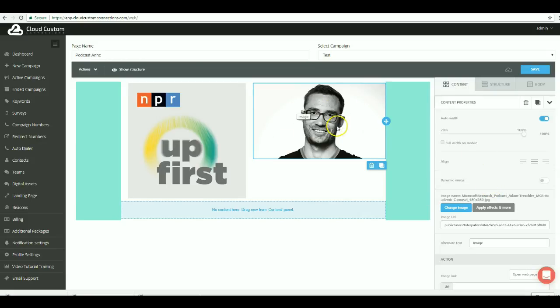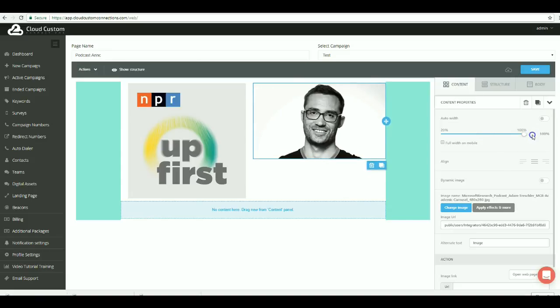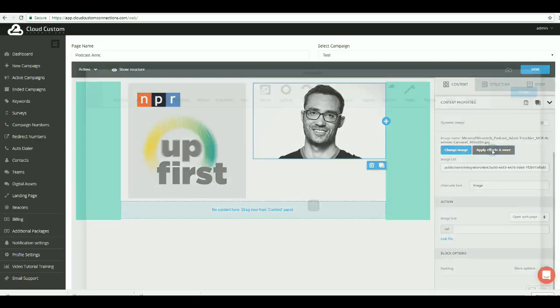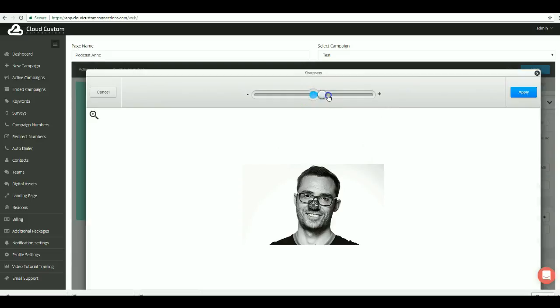If you click on your image, you're going to see that you have some content properties over here where you can also change the auto width. You can also move it around like that, or you can just leave it standard. You can also change the alignment, and you can also come down here and apply different effects. And that means to edit your image. Say I want to make the sharpness a little bit sharper,